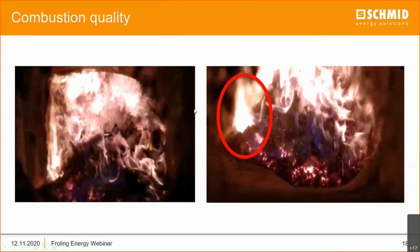Here is another example of a fire which looks quite nice to many people at first glance. But if you analyze it in more detail, you will also find the energy production is taking place on the grate, causing very hot areas at the places where most of the primary air gets through the grate. We also call it hotspots or volcano building. When it happens at the wall side, look at the red circle, not just the grate bars have high thermal stress, but also the wall can be damaged,